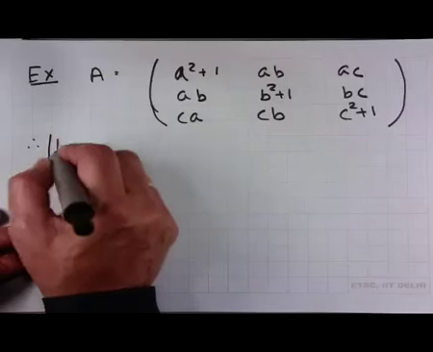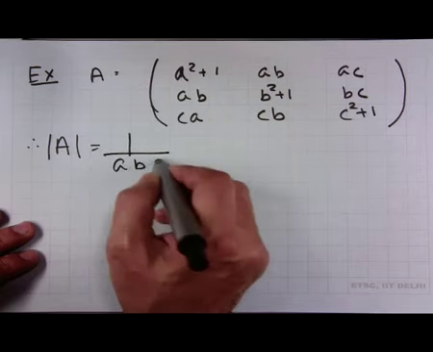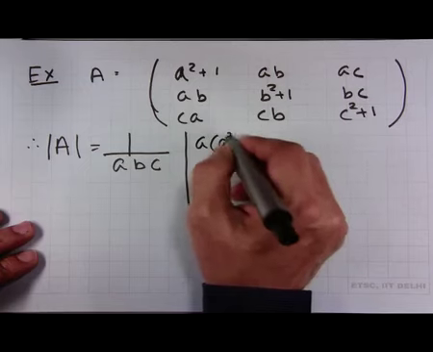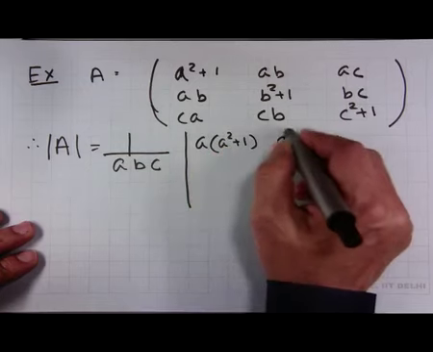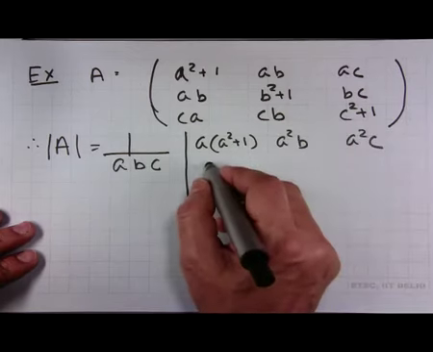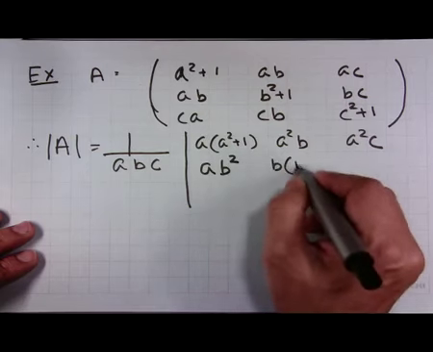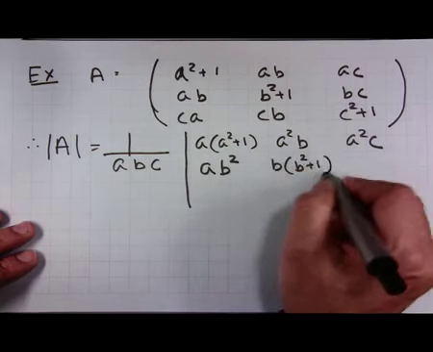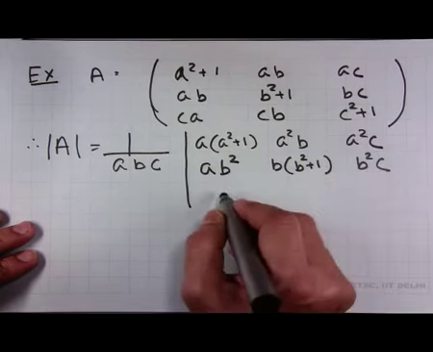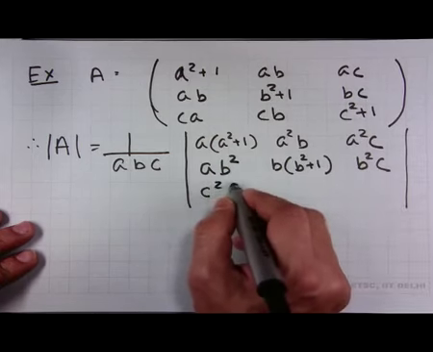Therefore, determinant of A is equal to 1 upon abc into determinant of a square plus 1, a square b, a square c, second row multiplying with b and third row multiplying with c, we get